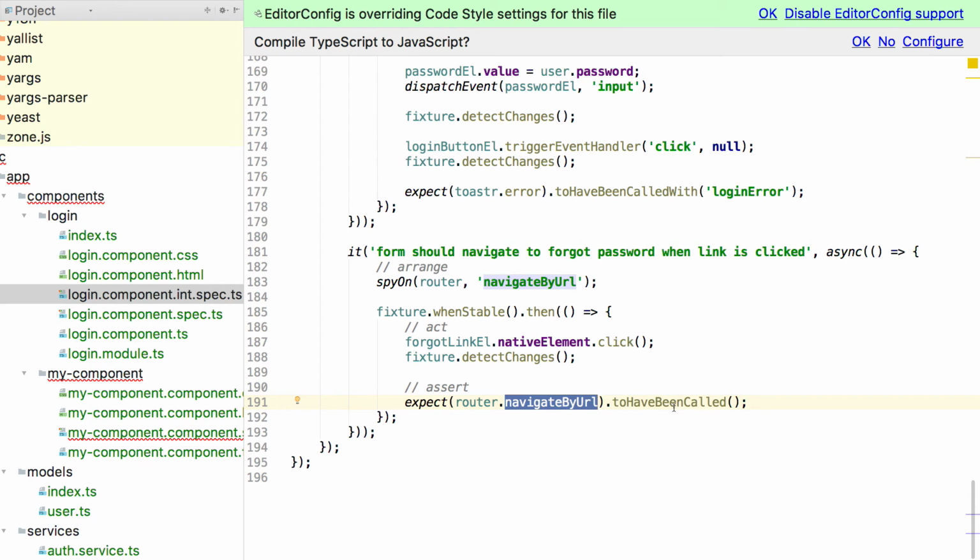So with this, if you wanted to log what was actually called, how would you log basically what spyOn is capturing? For navigate by URL, you said it's capturing the arguments being passed in. That's a good question. I believe,